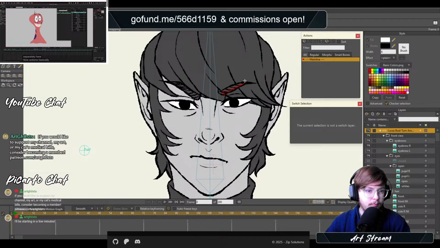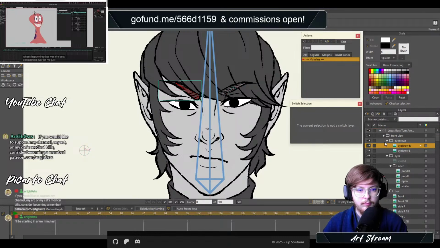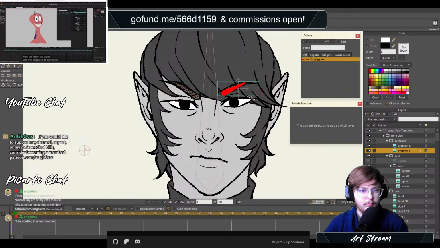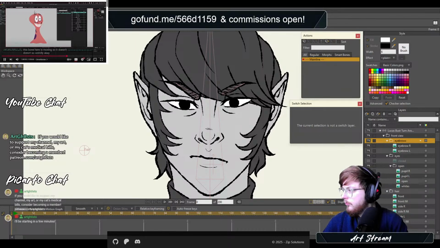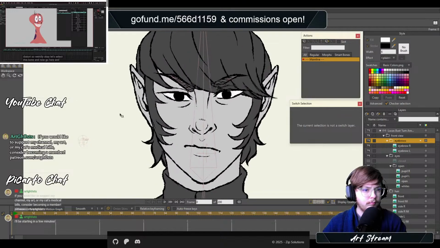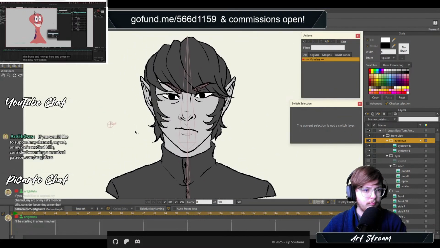Now, Actions are basically like Photoshop actions. Like you record something that's happening, and you want something to happen during what's happening. That was the best explanation ever. Let me just show you what it does. Okay, make sure you are on your bone layer. That's important. Now we know we want this shape to be corrected whenever this bone here is moving, so it doesn't distort so weirdly. Okay, let's select this bone, and now go here and press on this new action name,